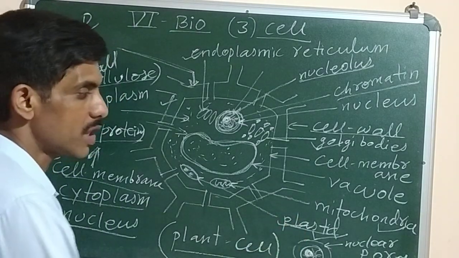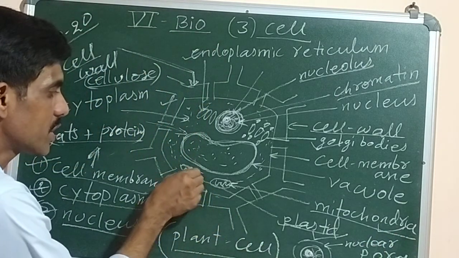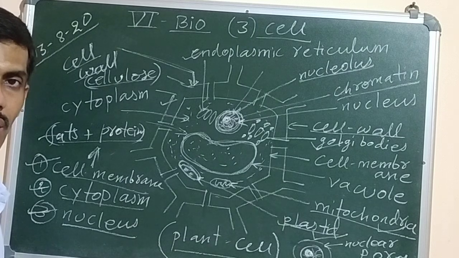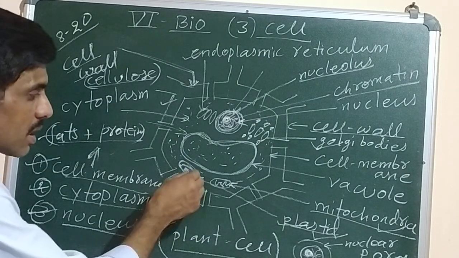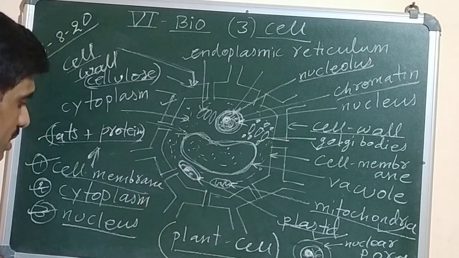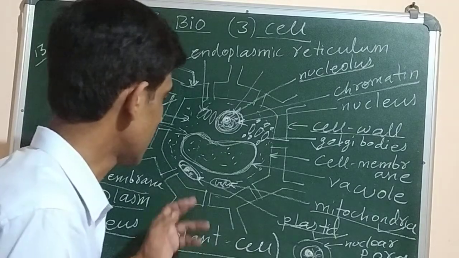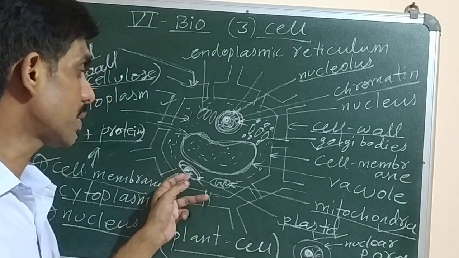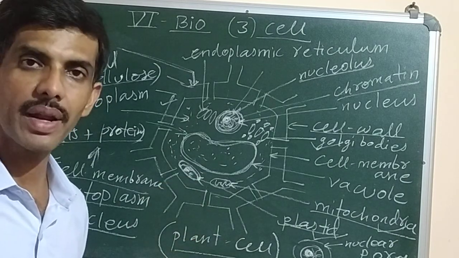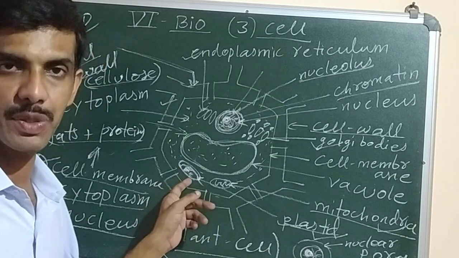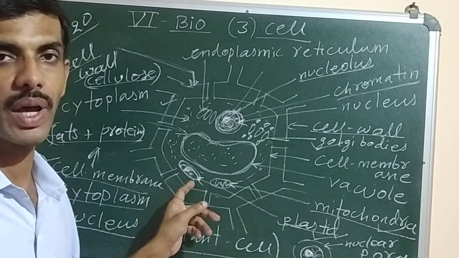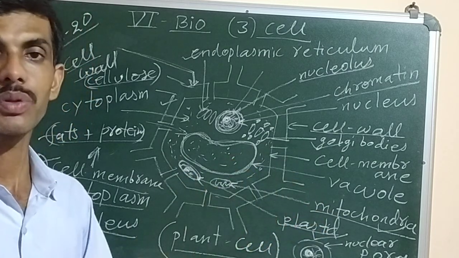Got it? Now the next one is mitochondria, the cell organelle which is sausage shaped, and it contains a network of structures. Once you see the diagram of mitochondria, we will study about it. I will just say the function. Mitochondria is present in both plant and animal cells. It helps to produce energy by cellular respiration. It is the site of respiration. It is the place where energy is produced inside a cell. That's why mitochondria is called the powerhouse of the cell.